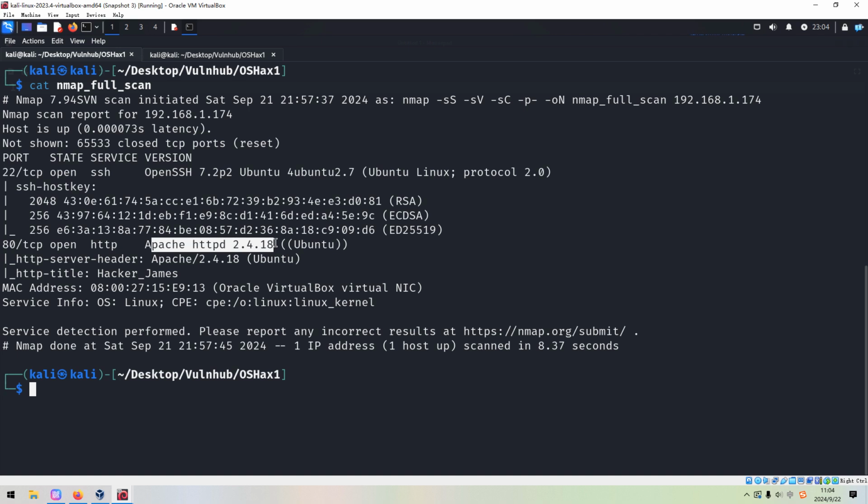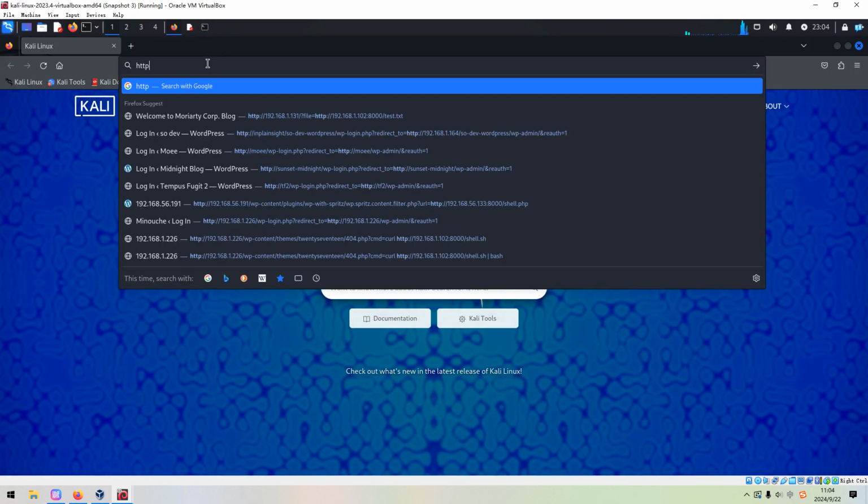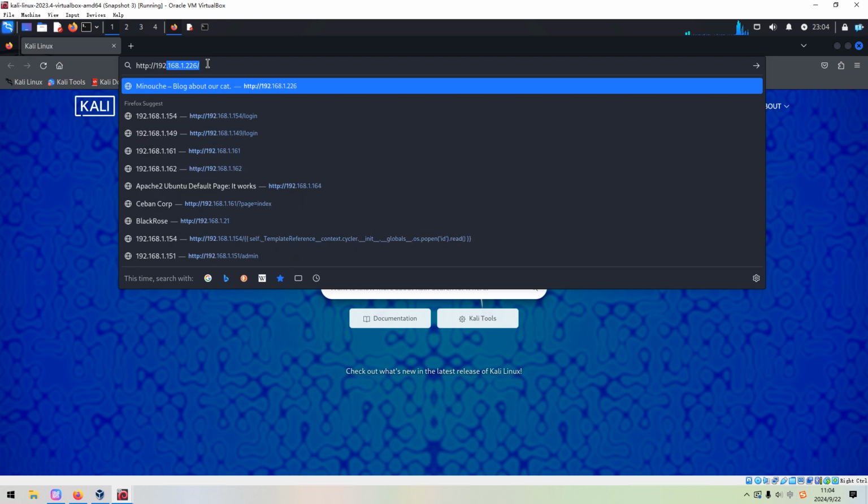So what do we have to do next? It's obvious that we need to do the enumeration of this web application both manually and automatically. Let's fire up the Firefox browser, and we can put the IP address of the target into the address bar.